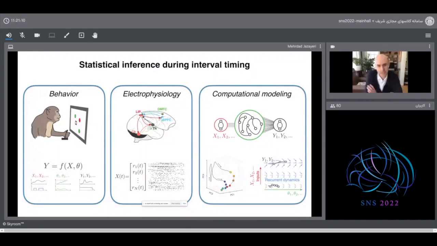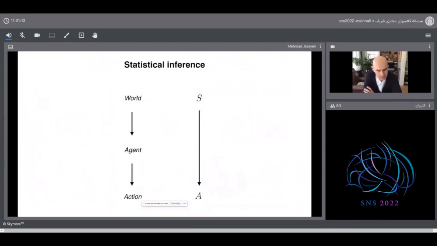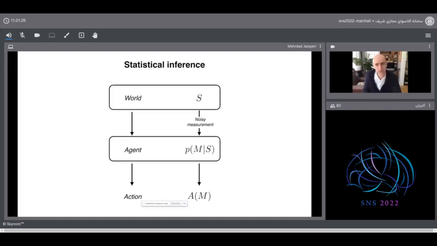So let's move on. Let's talk for a moment about what statistical inference is. Think about a very simple situation where we have an agent that wants to act upon the world. They see a stimulus, noted here as S, and they want to generate the action A. Now, the stimulus comes from the world, and the agent needs to operate on that stimulus, but what the agent